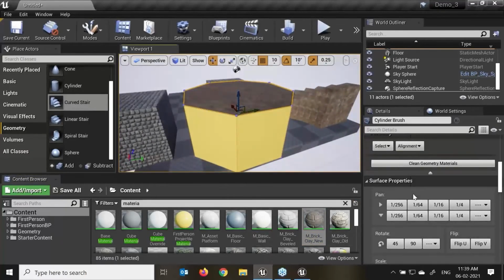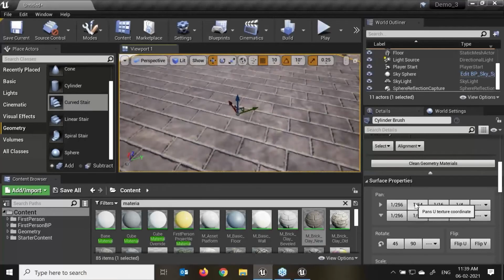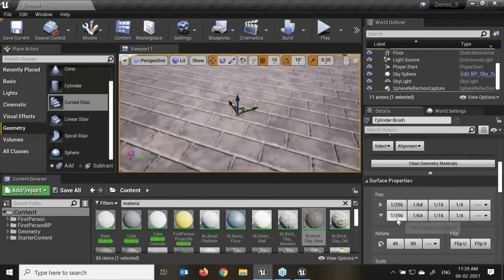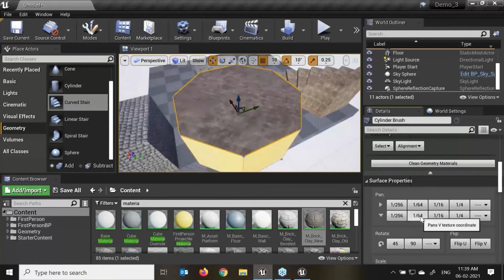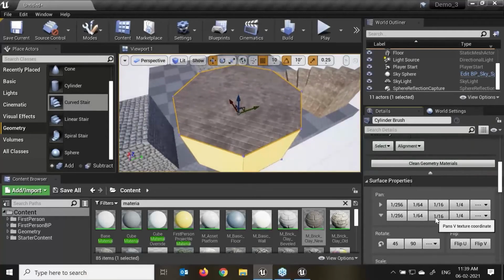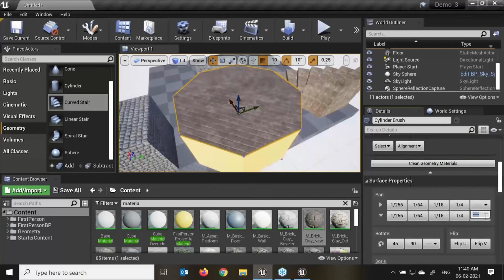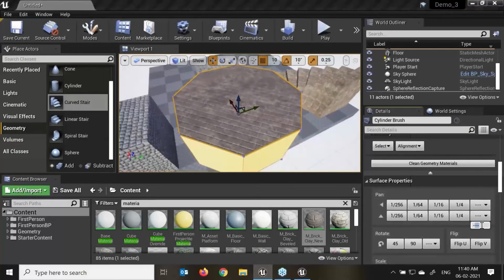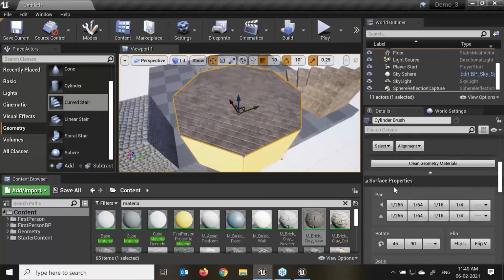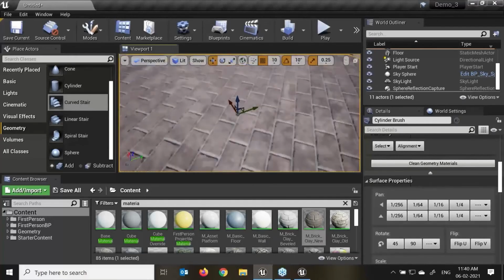Just below that we have the surface properties. If I click on this pan 256, and say 164, this is the movement of the UV textures. Now why UV? We always use it when we are texturing in the texture editor, the UV editor. If I click over here, I can increase and decrease. Here you can see I'm rotating it. Here I can assign my value, if I want to give any value. This is the pan. This is the clockwise or anti-clockwise rotation of my texture editor.